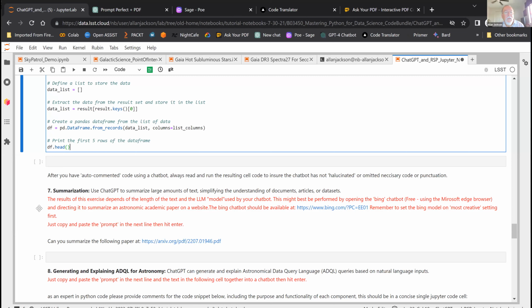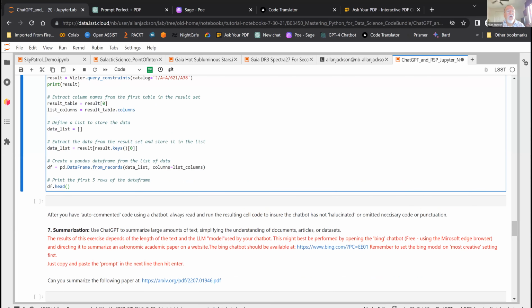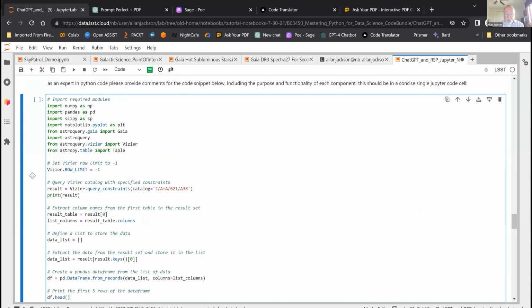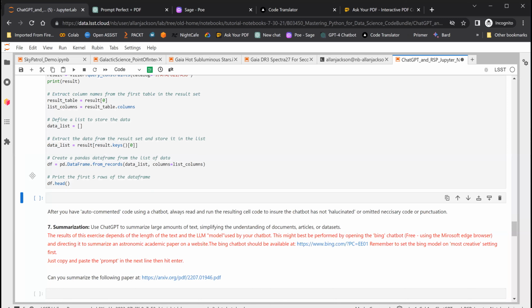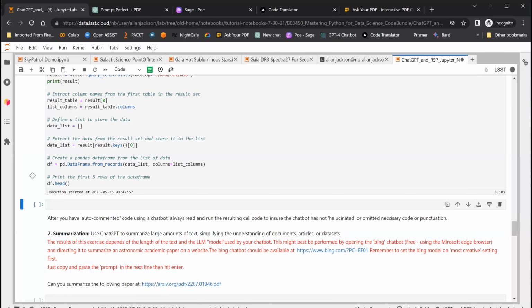Well, you can ask it to regenerate it and submit it as a single code cell, and it should put it back into a single code cell that works. It is in one cell.